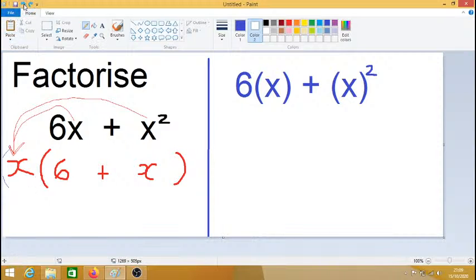So if we put the brackets in, it shouldn't make a difference. If we put the brackets out, it shouldn't make a difference. So let's put the brackets in, and we'll say that the common factor we're going to pull out is the x with the brackets,